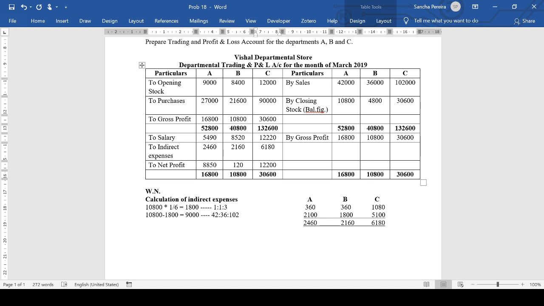So it's a very simple problem. I did the problem for two reasons. One is to show that closing stock has to be found out because gross profit is given, and basically for the indirect expenses. So though it's very simple, I just thought of